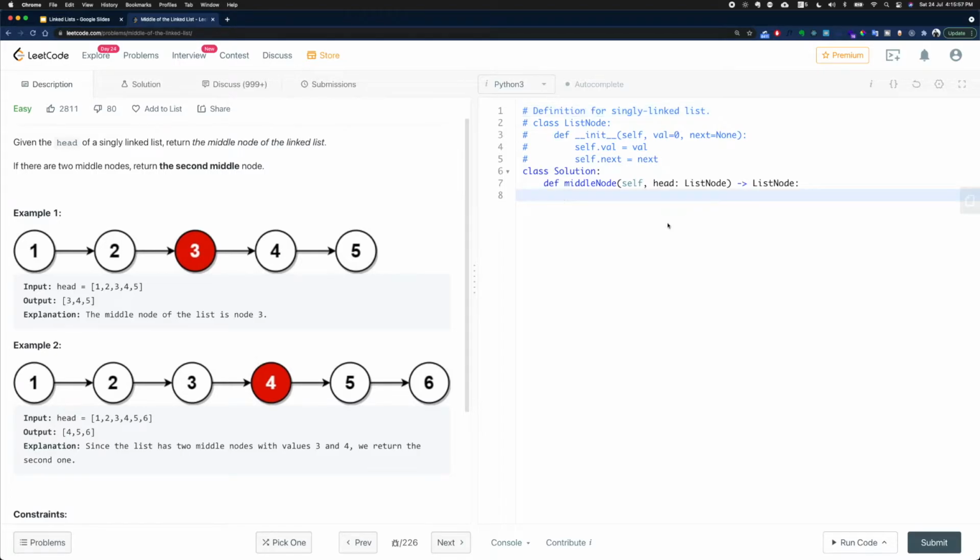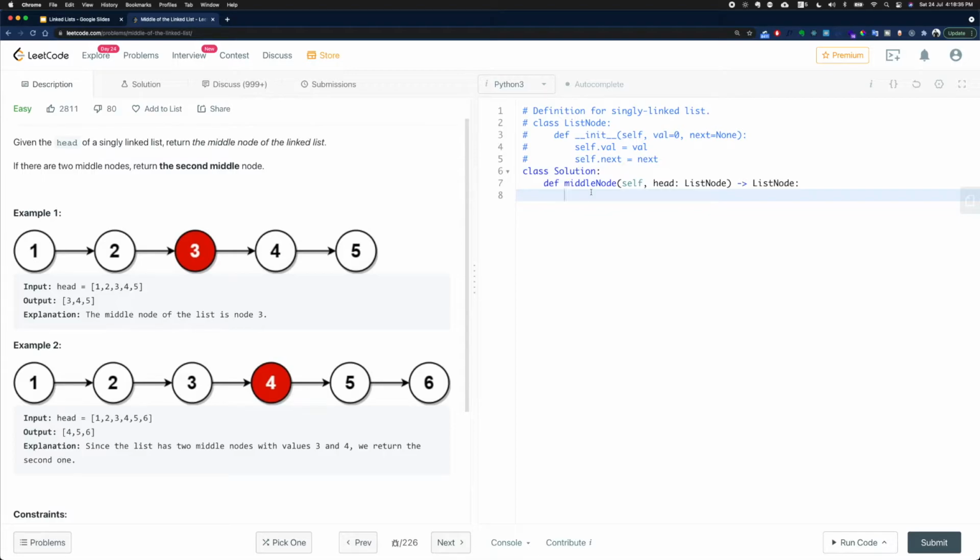For this classic linked list problem, we are going to use something called the runner technique. This technique involves having 2 different pointers. One pointer is called the slow pointer and the second one is called the fast pointer. The idea here is that we will always increment the slow pointer by 1, but we will increment the fast pointer by 2. And when the fast pointer reaches the end of the linked list and points to null, the slow pointer will be pointing to the middle of the linked list and we can simply return the pointer to that node.